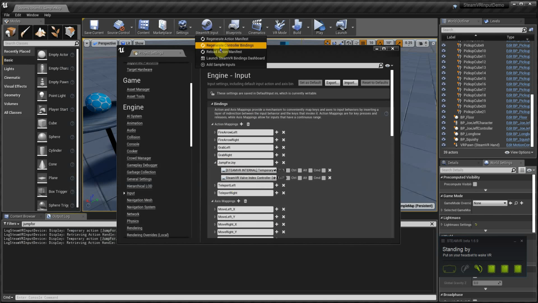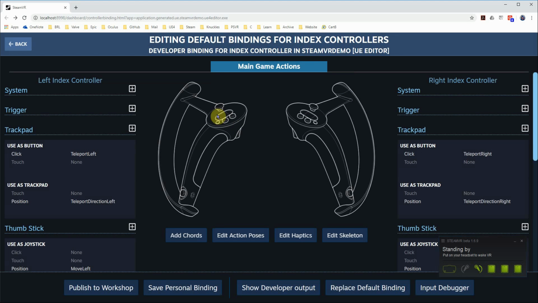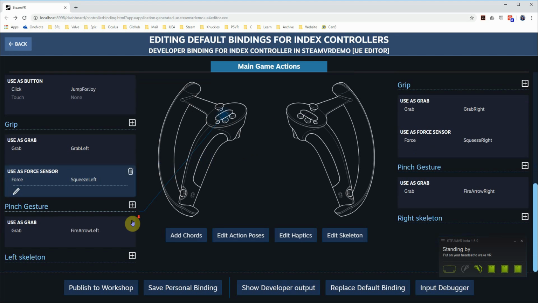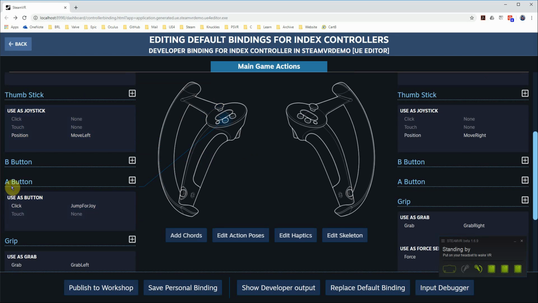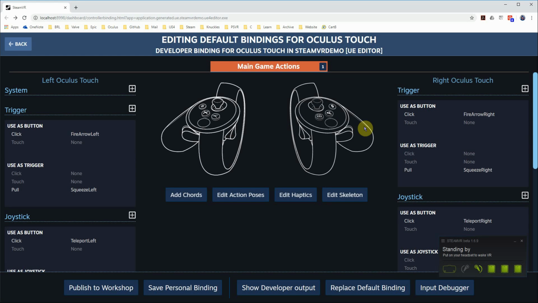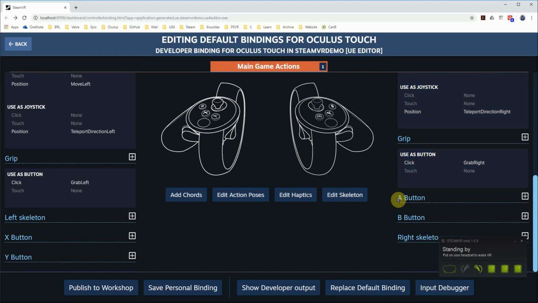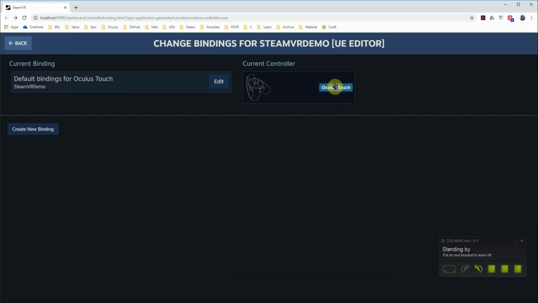To do that, we just launch the SteamVR bindings dashboard, just to show you. We go to edit, right? And if we go to the bottom here, we should be able to see, where's the A button, right? So now we have a new action called jump for joy for the index controller mapped to the A button. But if we go back and change this to Oculus Touch, for example, and click edit, the A button for the Oculus Touch is on the right because you have X and Y on the left. You can see that there's no action mapped. But for the index controller,